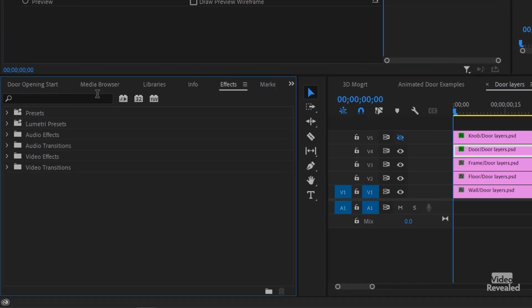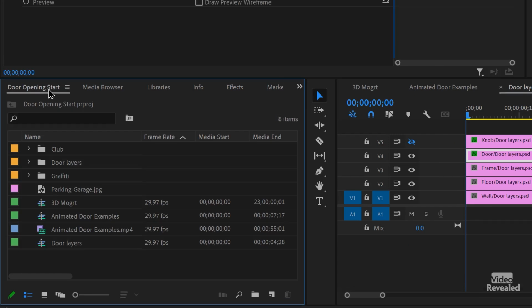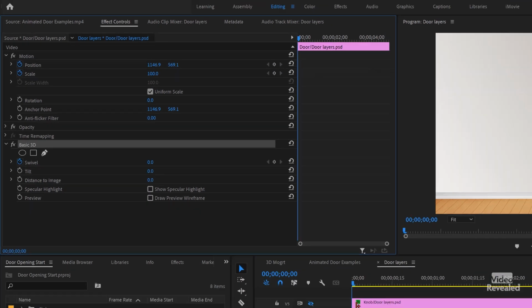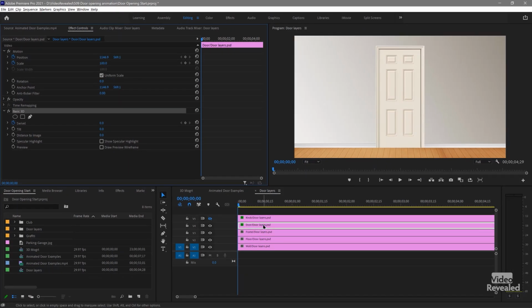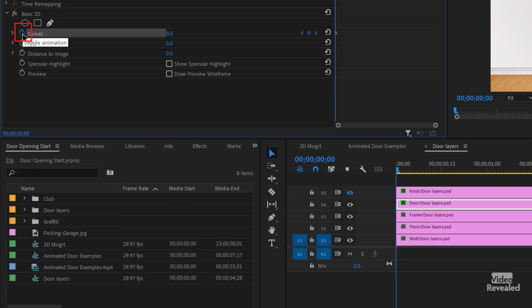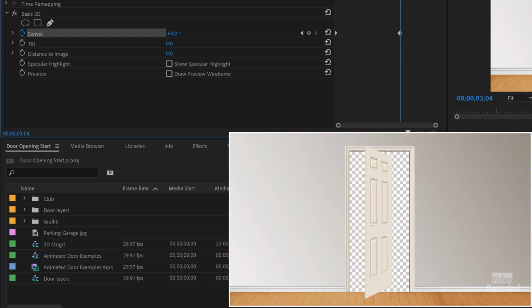In your effects, if you look for basic 3D, there it is, and you add that into the effects, it'll show up in the effects controls for the door layers, or any door or any shape. I mean, you could use any image inside Photoshop and do this. You start by clicking on the swivel keyframe, and we add a keyframe at 0. Move ahead, and if you twirl this, if you move this with the mouse, move it to the left and